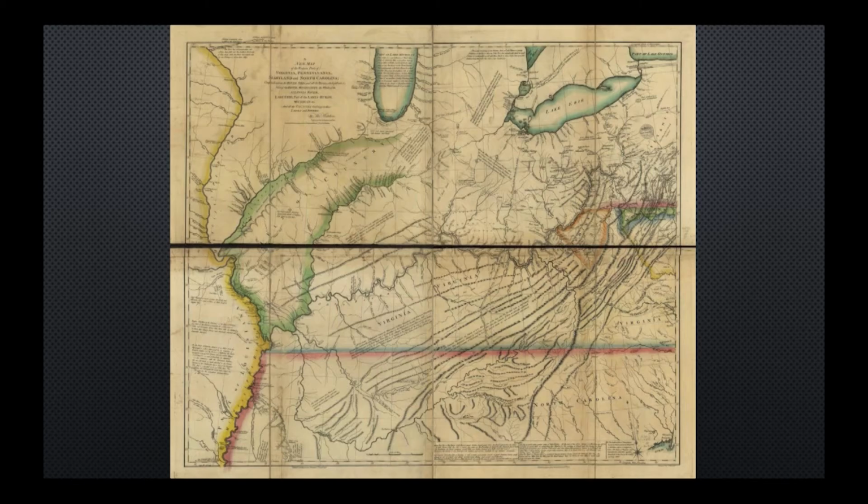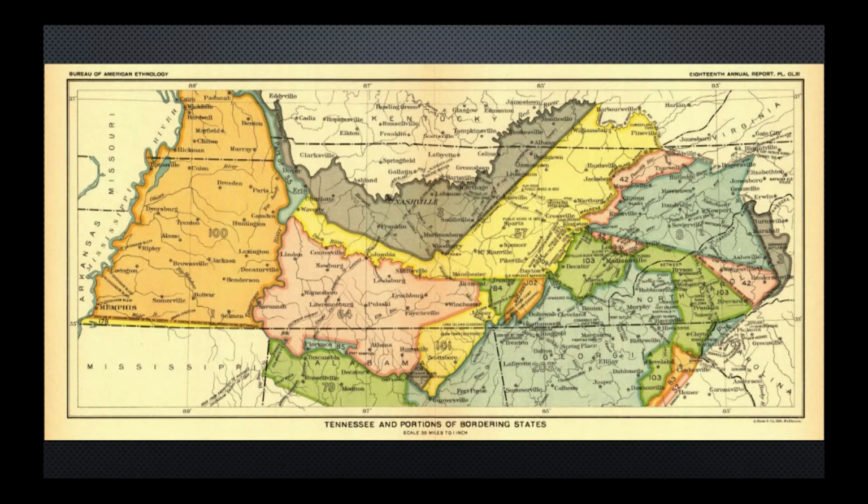Okay, so when do you think this map was created? Mid-1700s, maybe? Maybe mid-1800s. Yeah, that's like mid. This is later. And what makes you think that this one's later? You can see Nashville. Nashville declared as the capital. Right, because we have all the cities, and we know this is a map of the Bureau of American Ethnology.